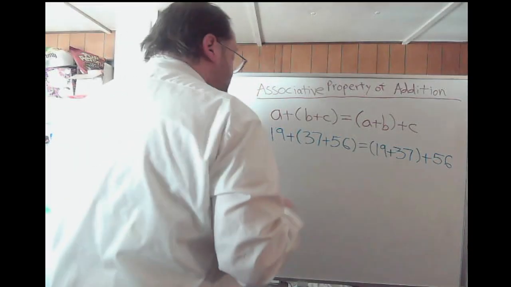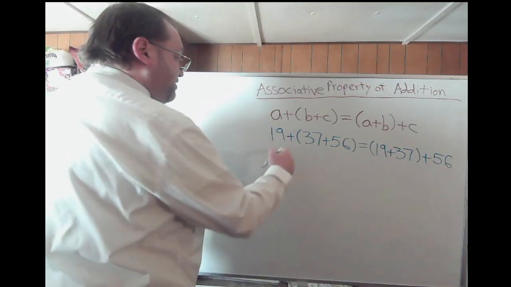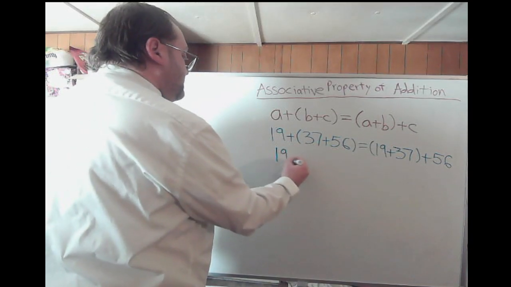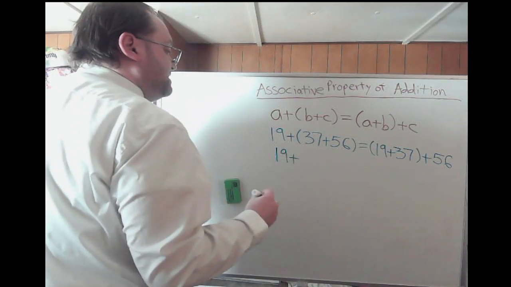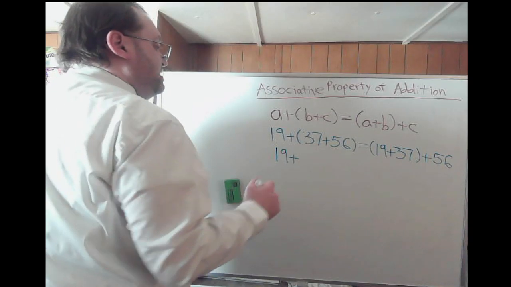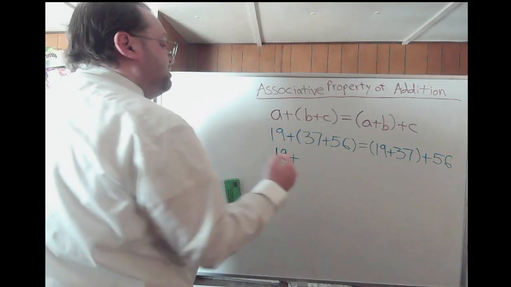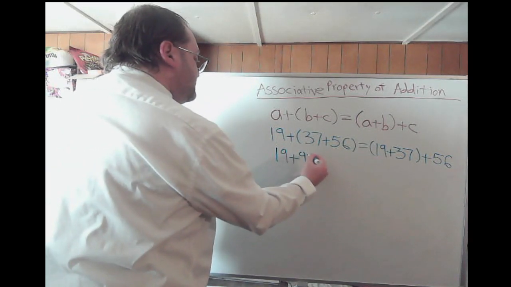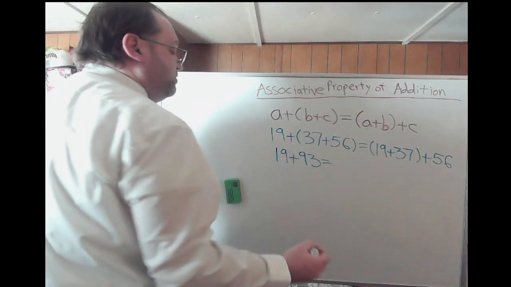Okay, so of course, let's do the math and prove it here. You have 19 plus what's inside the parentheses. What is 37 plus 56? Let's see, 37 plus 6 is 43. It'd be 93. So you have 19 plus 93 would be equal to